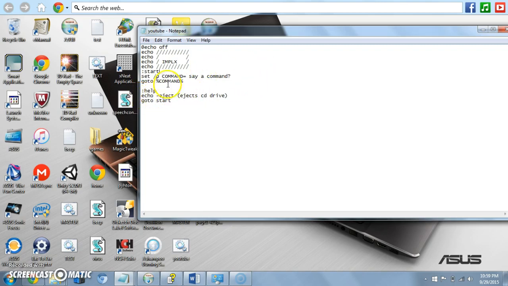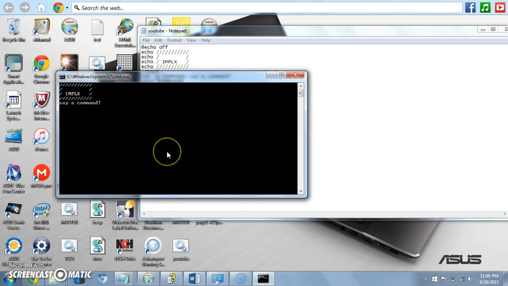Whenever I get to the end of here, I'm going to do pause anyway. After it ejects the CD drive, if I click a button, it'll go to start. I could make start up here if I wanted to, but I'm going to make it right where it says command prompt. So if we save this and open it up and say help,